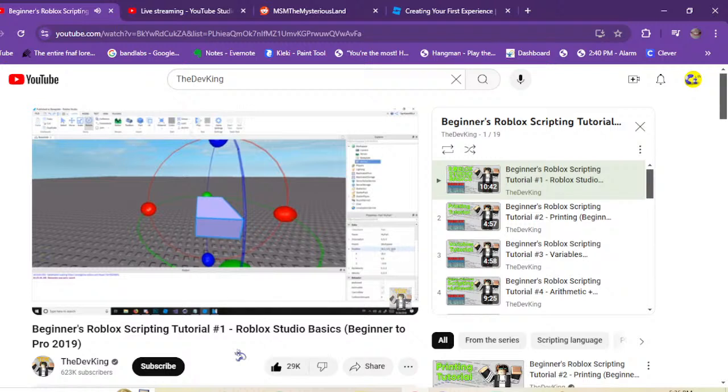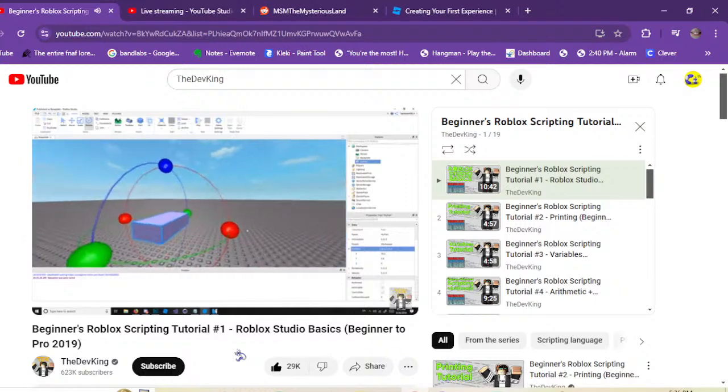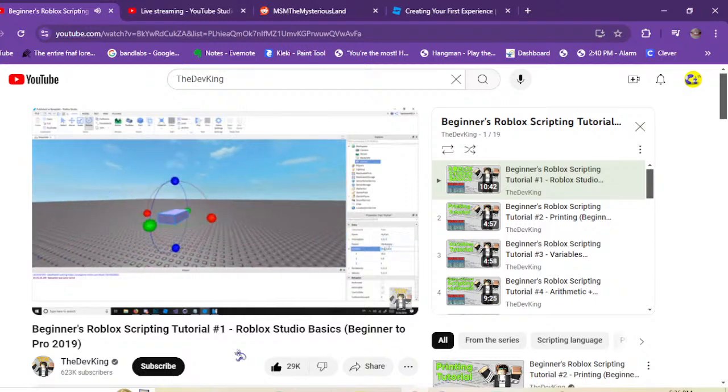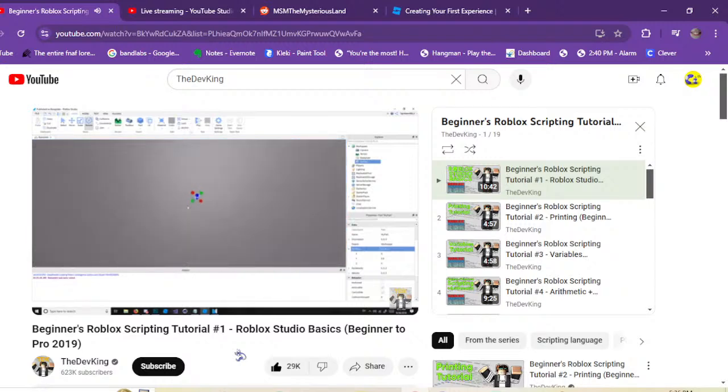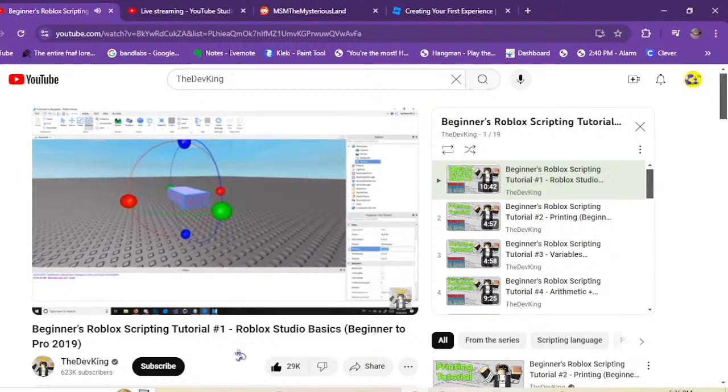So position is the same thing. You can move it around with the coordinates, so you can get exact values. So boom, I just moved it back to 0 on the Z, and I'll move it to 0 on the X. So boom, now it's in the exact center. So that's kind of cool. Anyways,